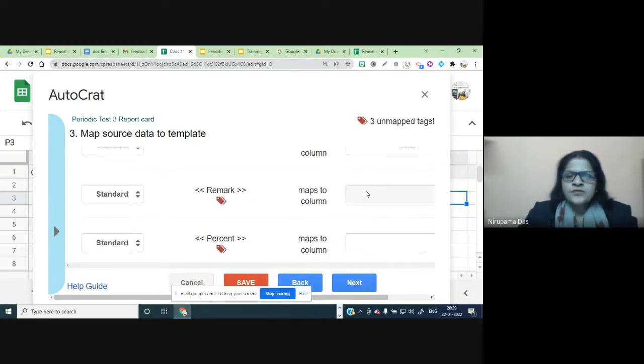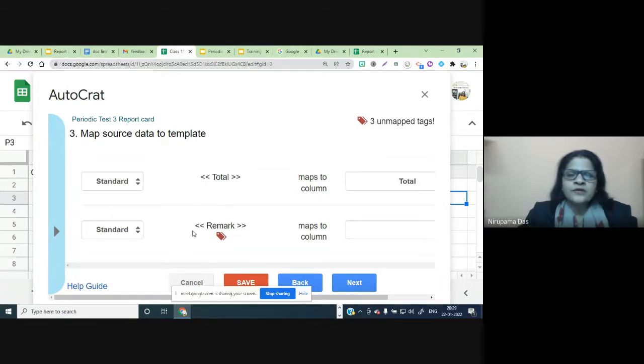Strange. So remark. Because total, did you notice why the tag is not there? It's because total is 200 for everyone. Total is not variable. Even if we have written it within this syntax, we are not getting this tag for total, because 200 is the same for everyone. It is not variable, that's why it automatically comes here. Only variables we have to map.